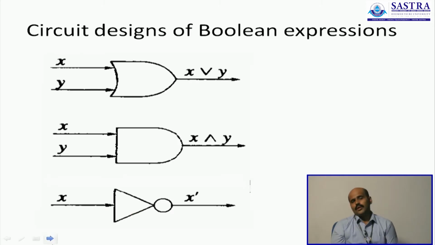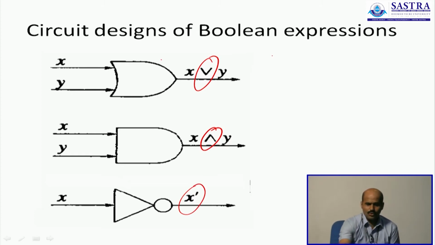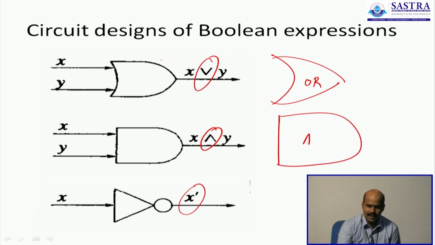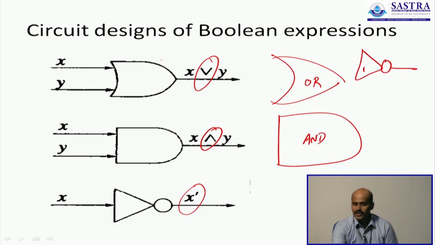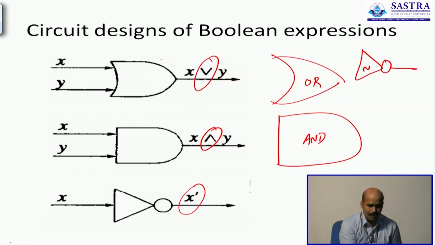And this is how you represent these polynomials when you draw the circuits. The disjunction or the OR gate is represented in this manner, the conjunction or the AND gate is represented in this manner, the negation or x bar is represented in this manner. So when I bend it and write it, it's an OR or a disjunction, or if it's just something like this, it is an AND or a conjunction. When I have a triangle followed by a dot, it's your negation. So with that, we can now proceed and solve the problem we started a little while back.